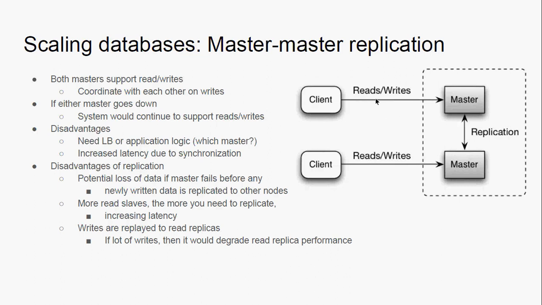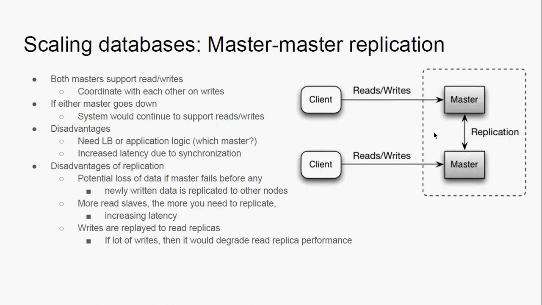And here the scenario is that each write that you do to any master will have a synchronous replication mechanism to the other masters, because even if somebody reads on the second master instead of the first one, it should be able to have the previous latest updated data, right? So with this master-master replication idea, though one of the masters goes down, your system is still supporting